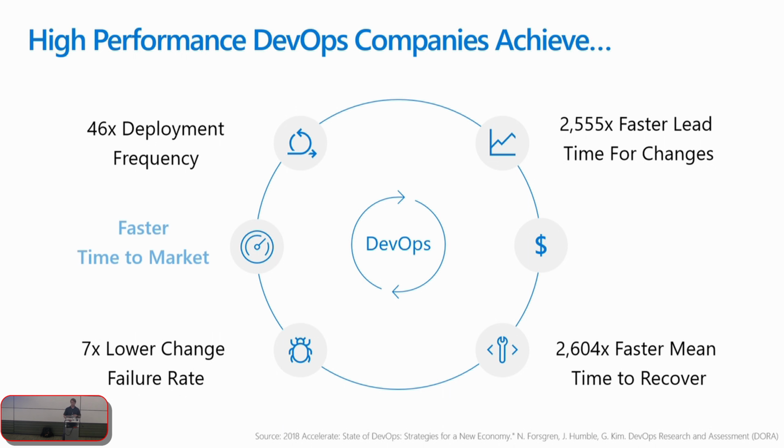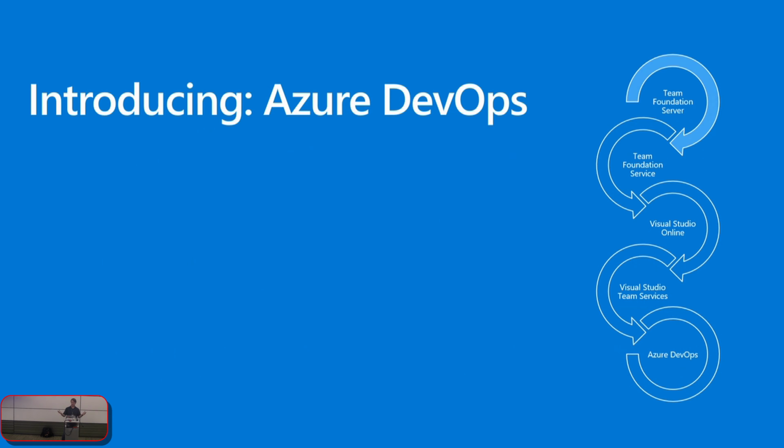All of this leads to faster time to market, which then ultimately, hopefully, if you're in business to make money, means increased revenue, and most businesses are in the business to make money. While DevOps may not naturally translate to the business side all the time, ultimately you can get them there by showing various things like this. In the end, the idea is to save money and get things to your customers or your users much more quickly.